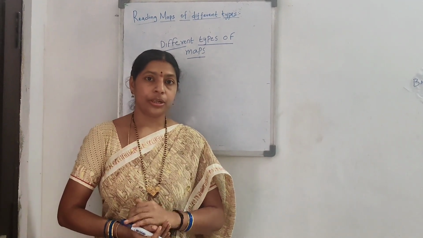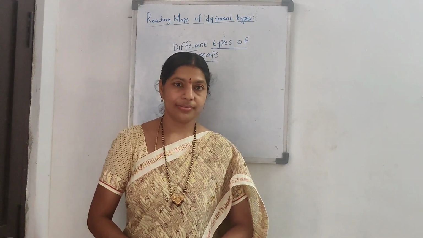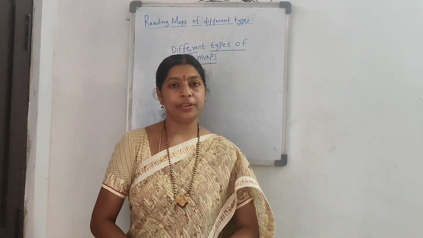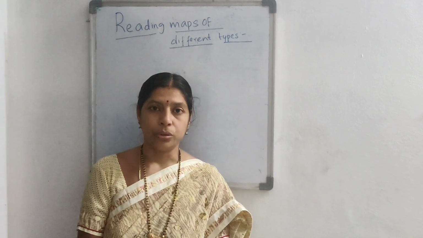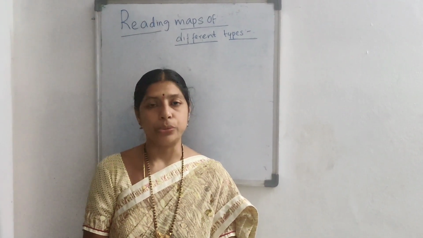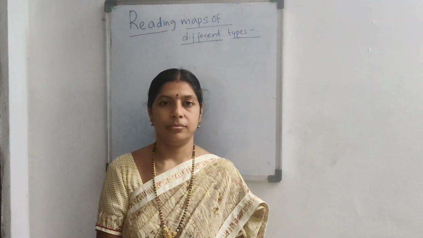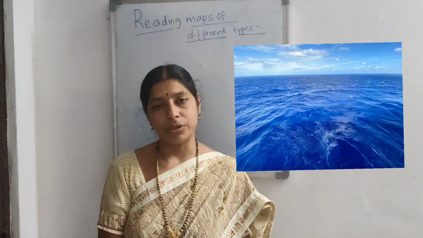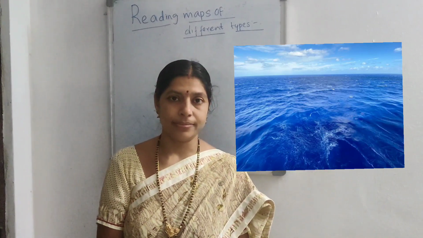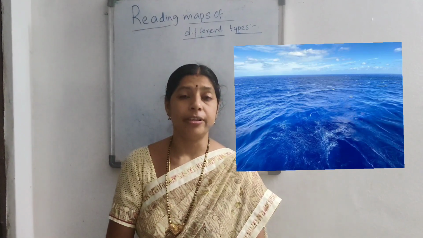Children, did you understand this concept? Students, you can understand the difference between a map and a picture. Good. We can show the heights on maps through the use of colors. Let us see how this is done. All heights on the land are calculated from the sea level. Since all the seas all over the world are connected to each other, the sea level all over the world is taken to be roughly the same.